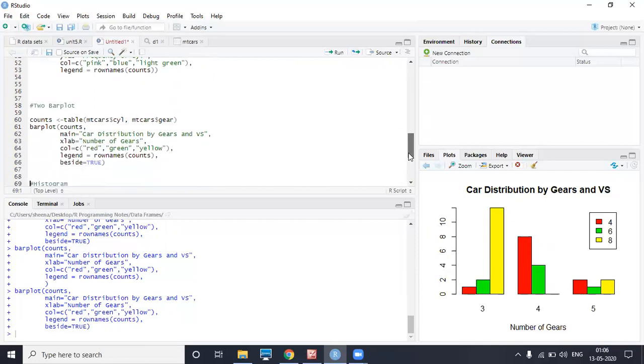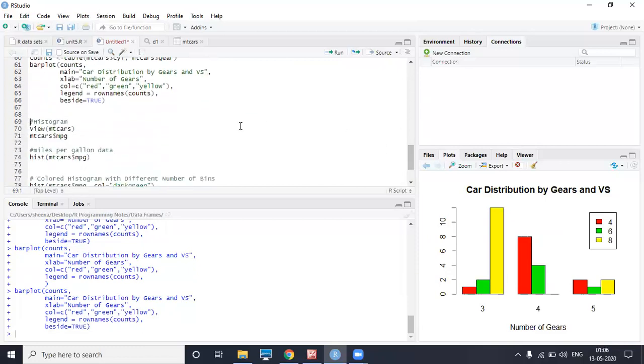And now we will see how to draw a histogram. For the bar plot, the command was barplot, and to draw a histogram, the command is hist. The difference between a histogram and a bar plot is that in a bar plot we take categories and frequencies. In a histogram, we can take either categories or continuous numbers. In that way, we can draw a histogram.